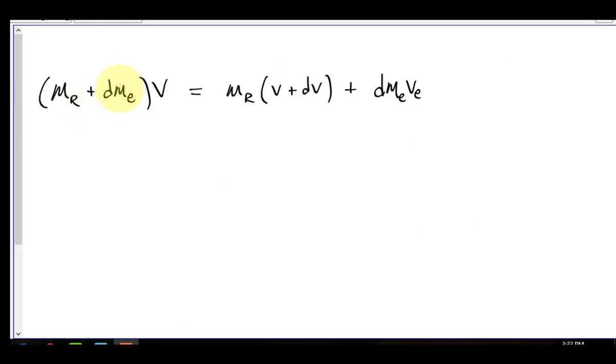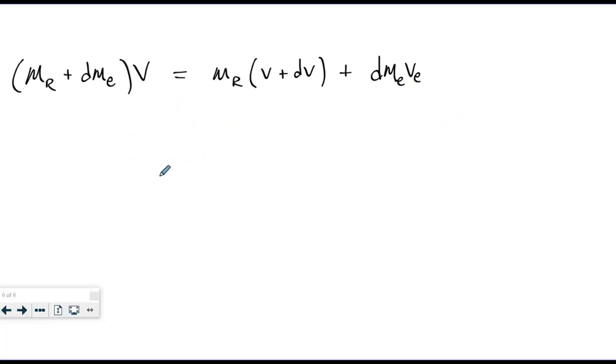What we're looking at here is the mass of the rocket with the exhaust and its initial velocity. And as it expels exhaust, we have the mass of the rocket with its new velocity that's changed as a result, and the momentum of the exhaust, which is the mass of that exhaust and the velocity of that exhaust. So let's do a little algebra here. Obviously what we could do here would be to distribute the v. So we have the mass of the rocket times the velocity plus that incremental mass times the velocity equal to,